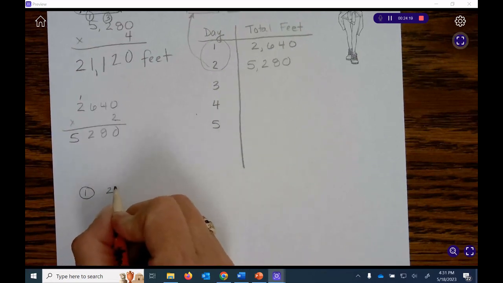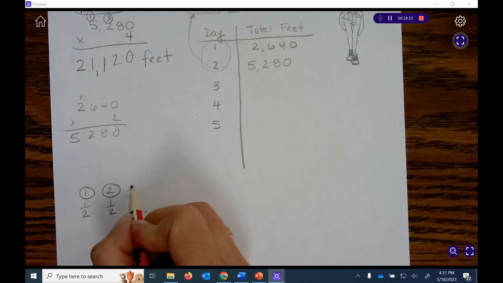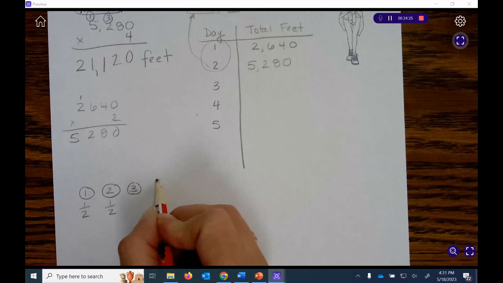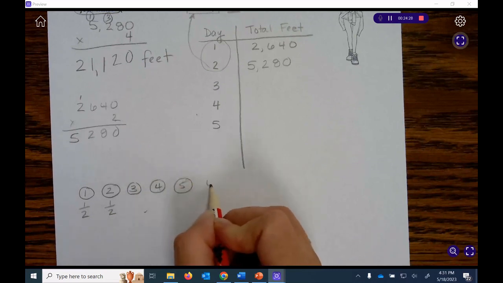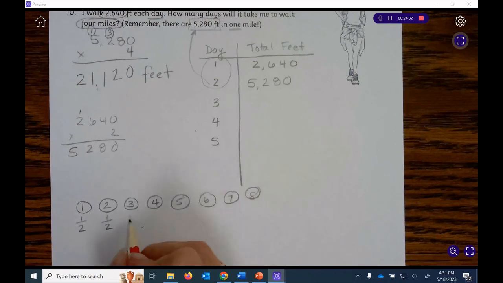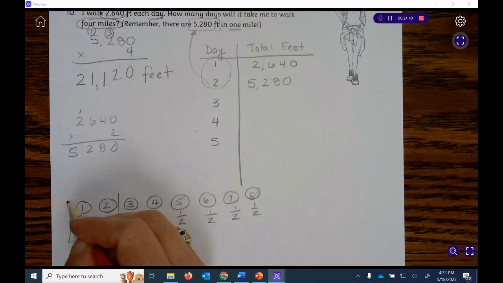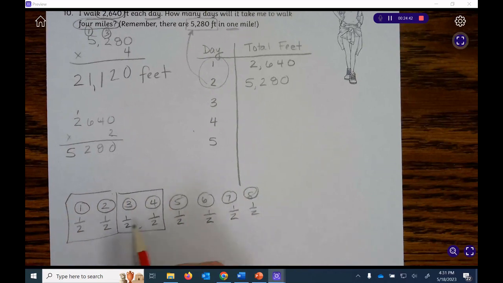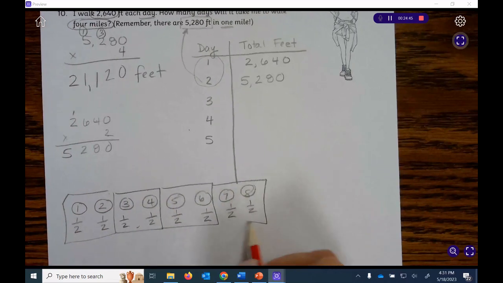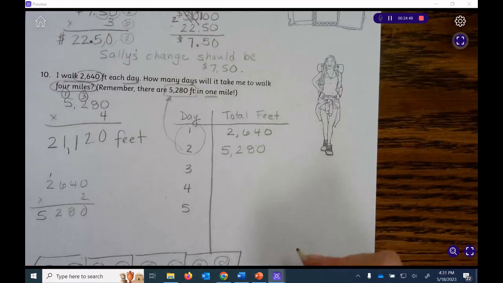Day 1, day 2, each day she's walking a half of a mile. So this is 1 mile, 2 miles, 3 miles, 4 miles. So it's going to take her 8 days